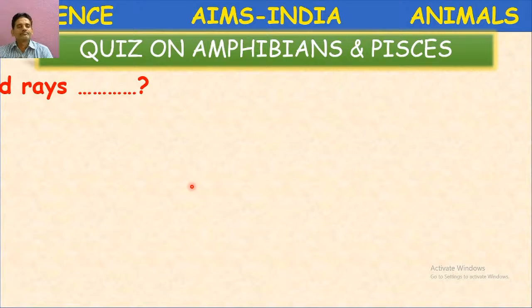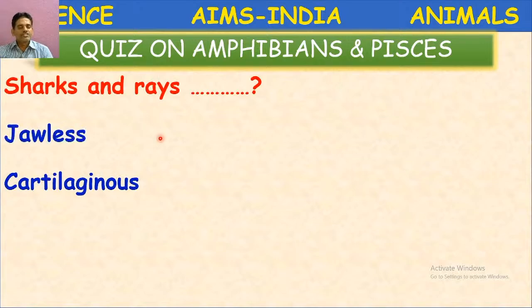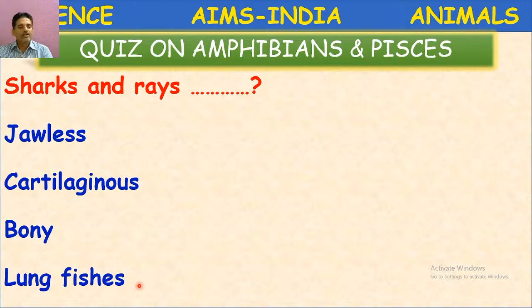sharks and rays. These are which type of fishes? Jawless, cartilaginous, bony, lung fishes. The lung fishes are called dipnoid fishes. So here, jawless fishes, petromyzon and myxine, hagfishes they are called. The cartilaginous fishes and bony fishes. Among these two, which is the correct option? Yes, very good. Cartilaginous fishes. Cartilaginous fishes, example, sharks and rays. Next,